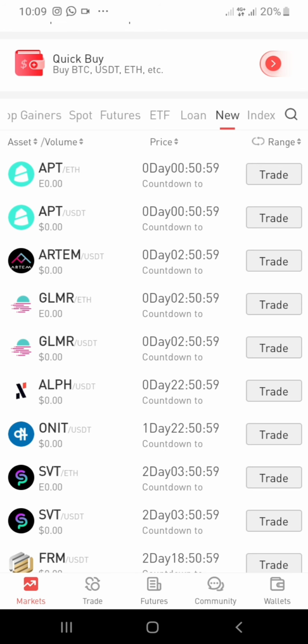Gate.io is just launching this, so the engine that takes your trade, puts it in the market and lets you make money is quite slow. I don't know why, Gate.io has to fix something about that. But now this is it. You have to just take APT. You go to your